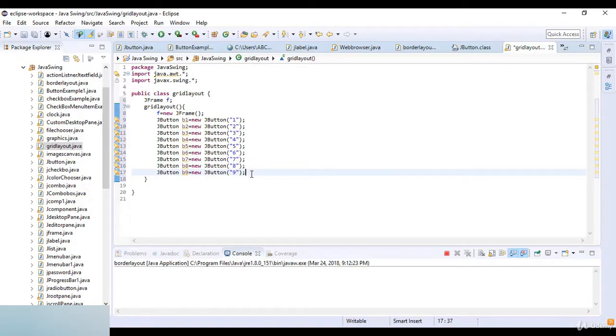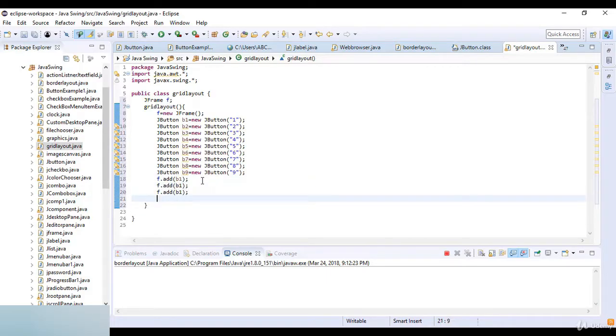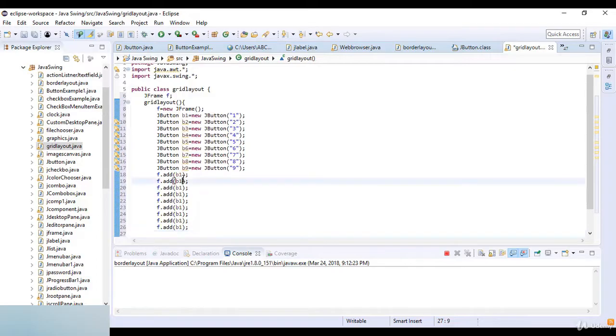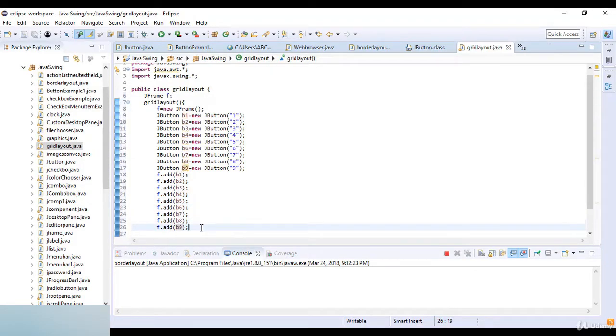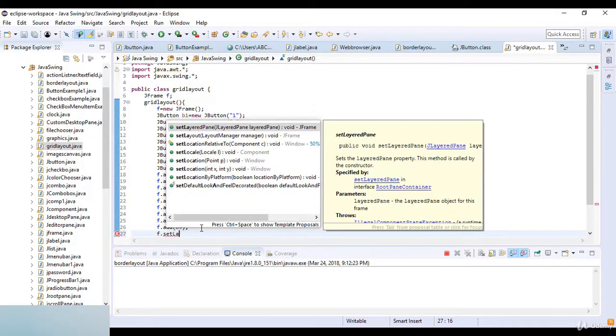Okay, now I write f.add, and add is button number 1. Then I write the same for button number 2, 3, 4, 5, 6, 7, 8, 9, and here I just change the positions. Okay, now I do f.setLayout, set the layout here,